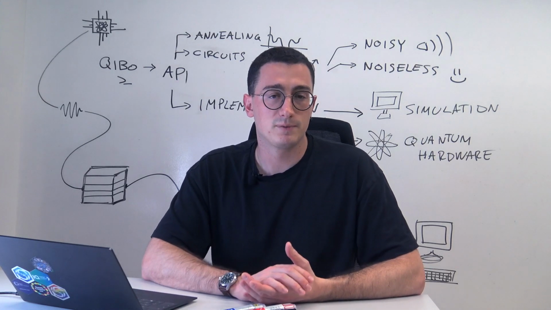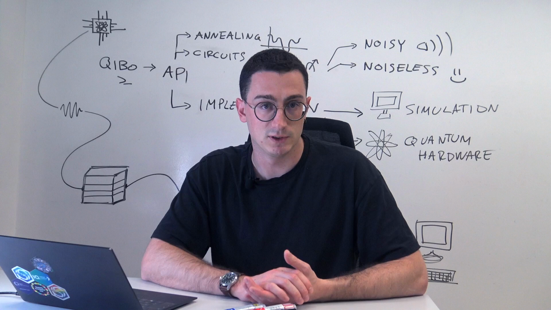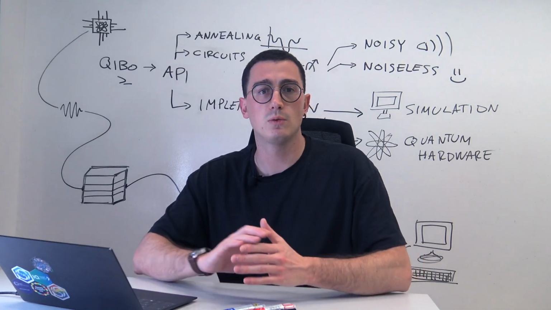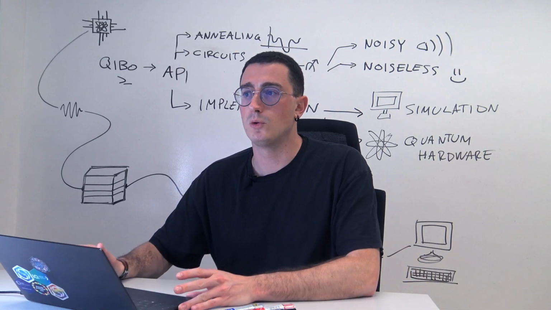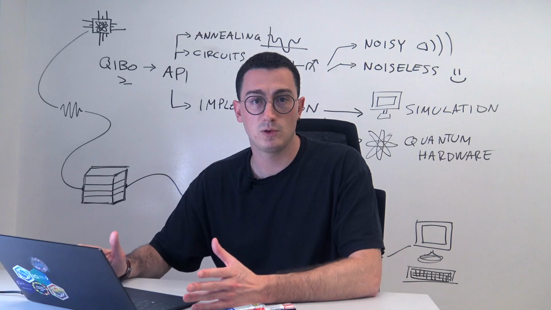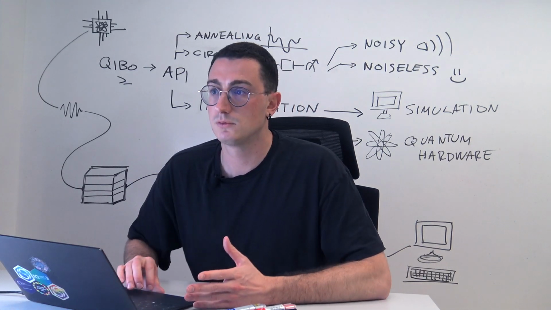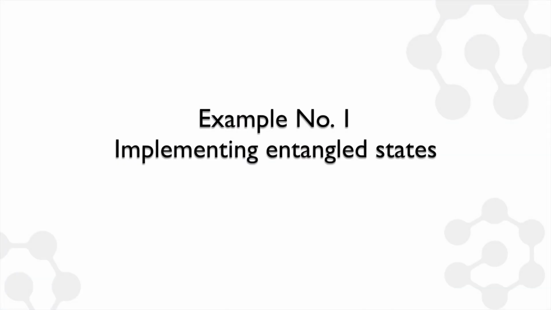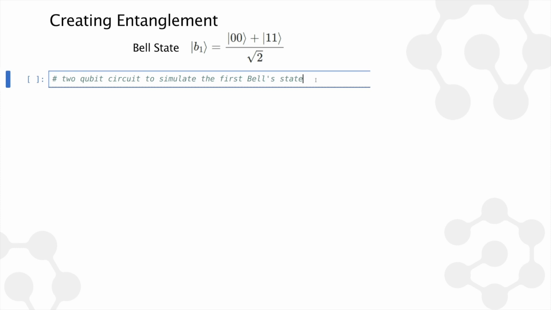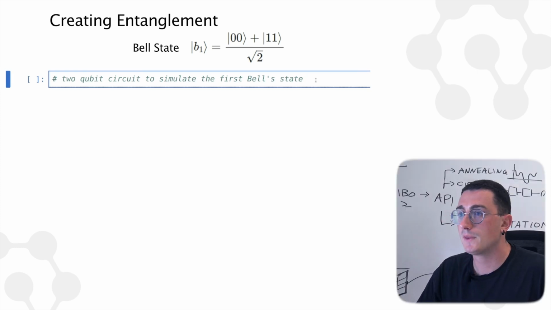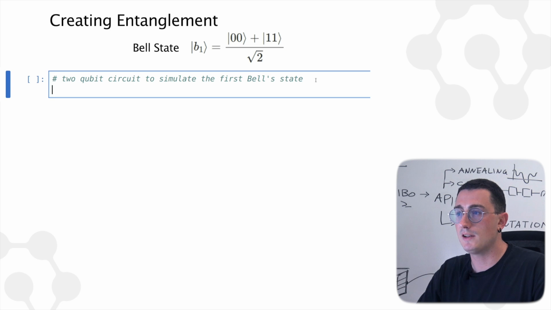This is important for many physical applications. So now what we are going to do is to find the proper quantum circuit to implement this state. So if we go to the code now, in order to implement the Bell state, we need at first to initialize a quantum circuit C